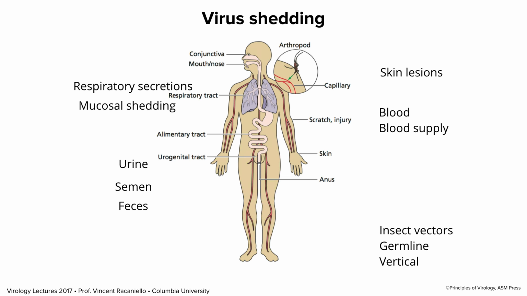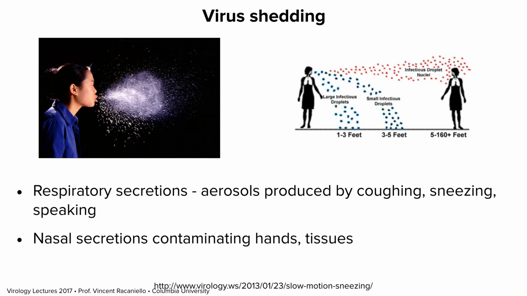Now blood, you can shed blood if you're cut, of course, and spread infection that way, but the blood supply is an example of how you're not really shedding virus, but they're taking blood from you and can spread virus. In the case of arthropods picking up blood, you're not really shedding it, so they're taking it from you. So insect vectors, germline transmission, those are examples of where you actually don't have shedding, but you still have transmission. Vertical transmission is an example of shedding because the virus is present either at birth or in secretions. So the point here is that most transmissions are from shedding, but not all. And I think that's very obvious.